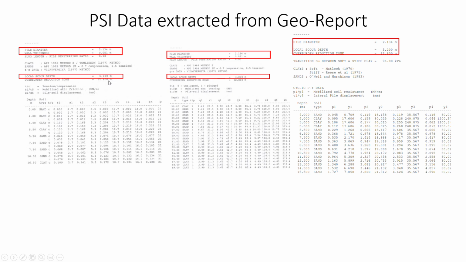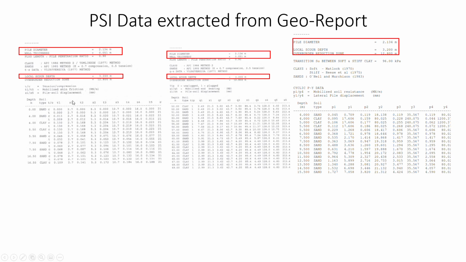Actually you are considering soil there, but after scour there won't be any soil there, and lateral resistance will not be there when the soils are scoured. There won't be any soil around the pile. Then, when you are considering that, you are underestimating your pile. In order to eliminate that, you have to put 0 0 0 here.